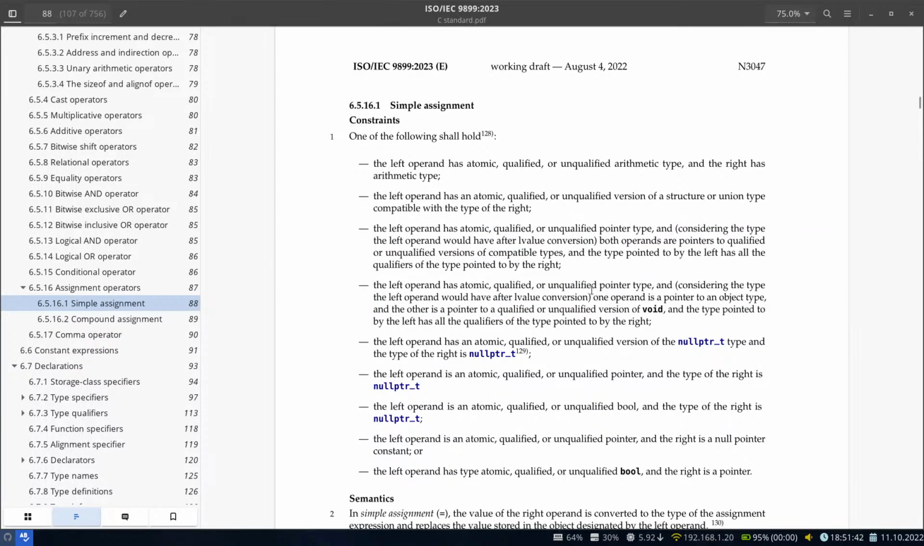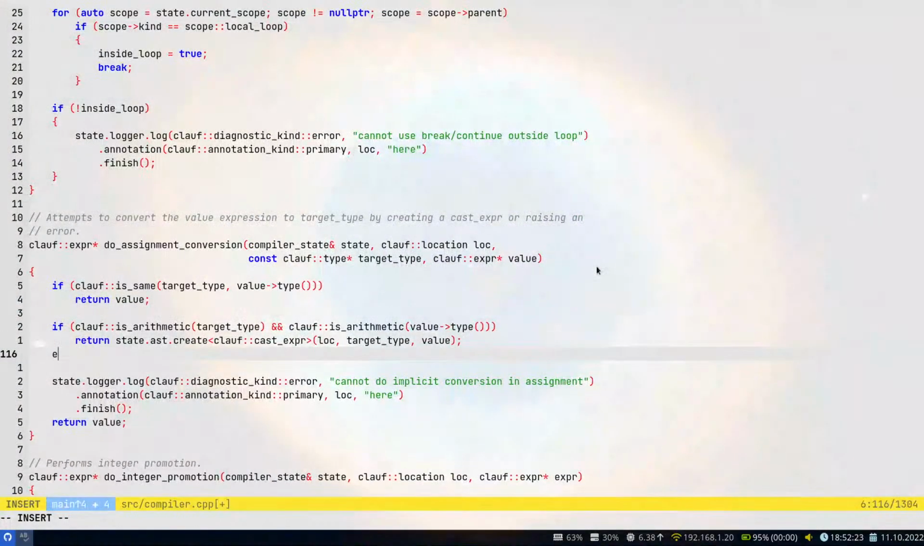So left operand is some sort of pointer type, and the other is void, and we're having all the same qualifiers. This refers to constness and so on. Left operand has qualified or unqualified null pointer. Right, we don't have null pointers at the moment. So left operand has atomic, qualified or unqualified pointer type, and one operand is a pointer to an object type, and the other one. So if the left hand side is a pointer, let's start there. Else if